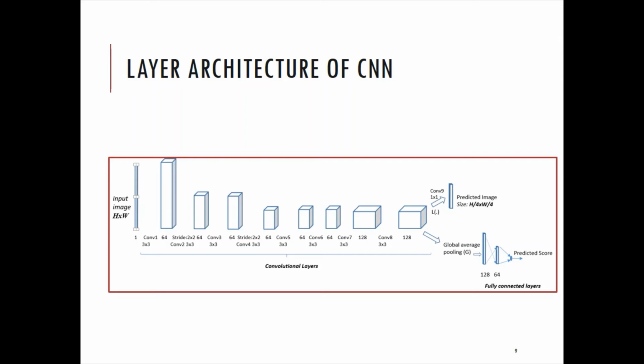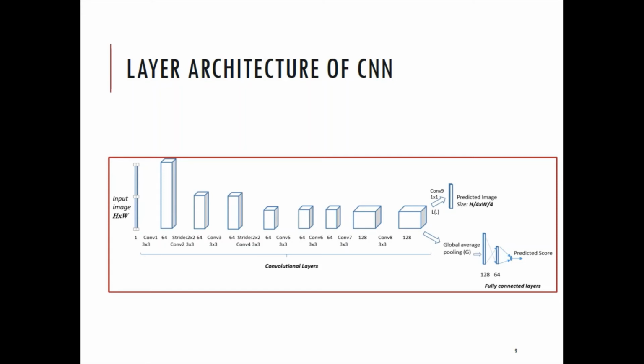Let's discuss the layer architecture of the CNN. The proposed CNN model has 9 different convolutional layers designed in different sizes, and they are related to the first training stage in the light field image quality assessment model. The convolutional kernels, represented as conv1 to conv8, that is, convolutional 1 to convolutional 8 layers, have a size of 3 by 3, and convolutional 9 uses a 1 by 1 kernel. To obtain the conv2 and conv4 layers, max pooling operations with stride 2 by 2 are used.